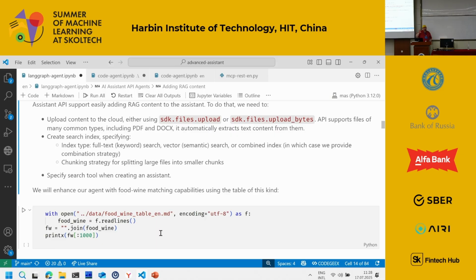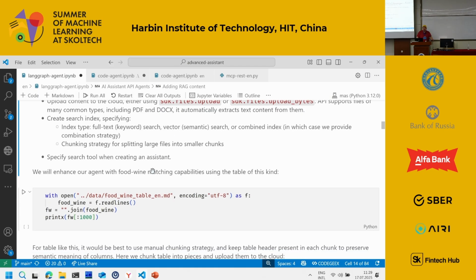If you want to implement a good RAG system, I think the best way is to look at the knowledge base and make sure it's good. Often people don't do that, but to ensure the best possible answers, it's much better if the knowledge base is structured well. But you can just throw a bunch of existing documents at this Assistant API and something would happen. Maybe it wouldn't be too bad, maybe you can use it as a starting point. So to do that, you just basically upload files to the cloud and then create an index.